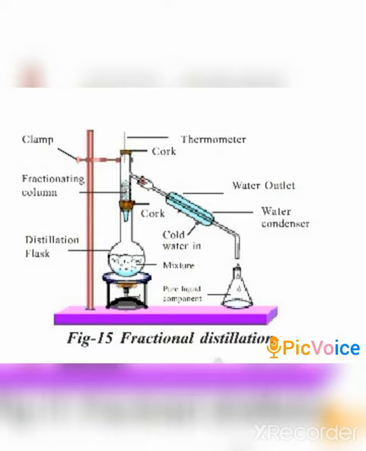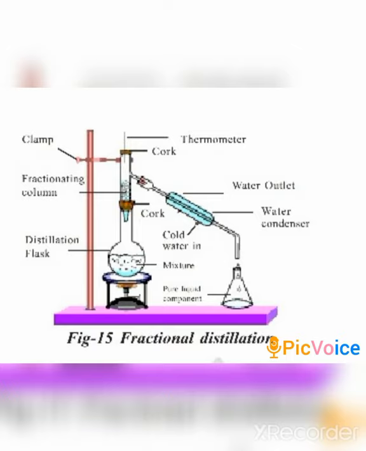When the two liquids' boiling points differ by less than 25 degrees. For example, if the water boiling point, as you know, is 100 degrees Celsius, and any other liquid has a boiling point of 80 degrees Celsius, so the difference is just 20 degrees, right? So in this case, we can't use the previous method, which was the process of distillation. So in this case, we will use fractional distillation. Normal distillation can't be used in such a case.